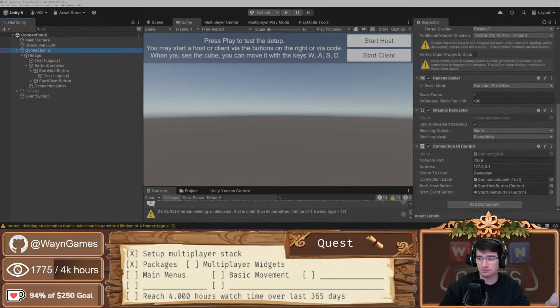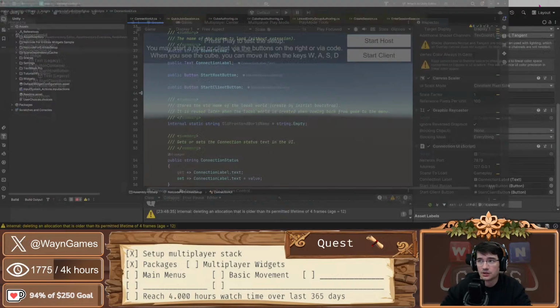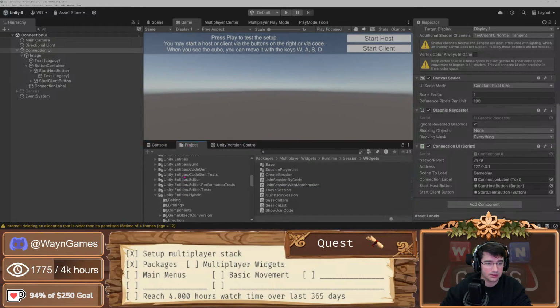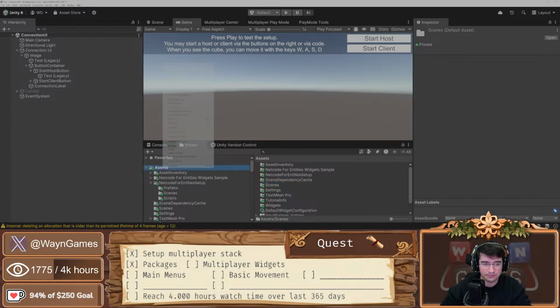Connection UI. So let's go to my project and start a folder structure. Create folder